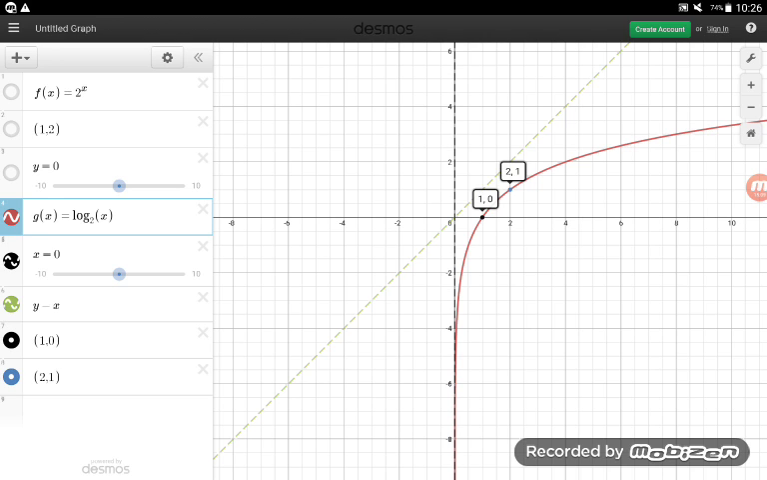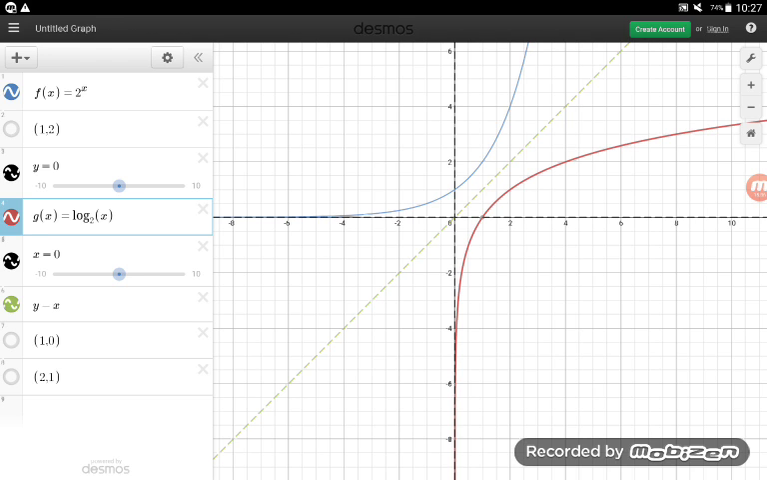So a log function would have a vertical asymptote, whereas an exponential function would have a horizontal asymptote. Please keep that in mind. Maybe you should write down your notes, okay? So exponential functions have a horizontal asymptote. Log functions have a vertical asymptote, which means